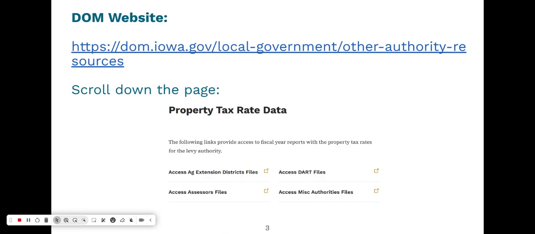will want to bookmark the Department of Management's website. And in particular, for the hospital budgets, you'll see the website as listed here. It's dom.iowa.gov/local-government/other-authority-resources. And if you scroll down the page a little bit, if you're curious about other hospital property tax rates